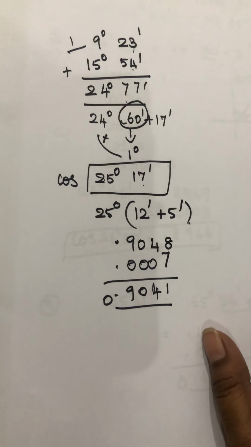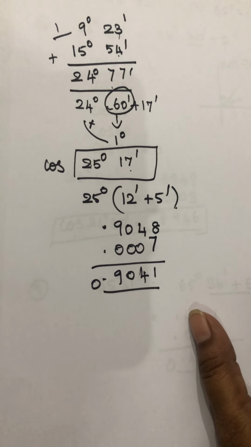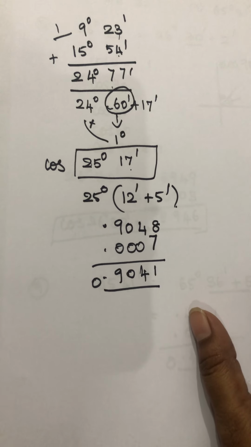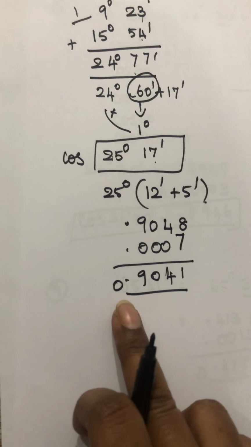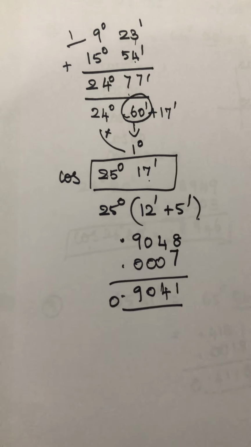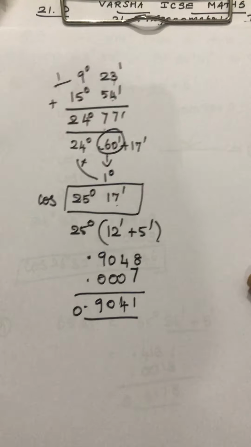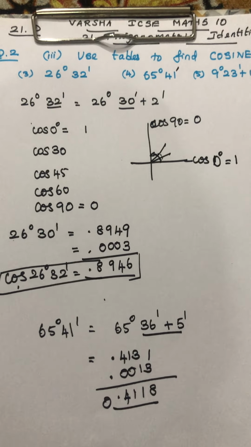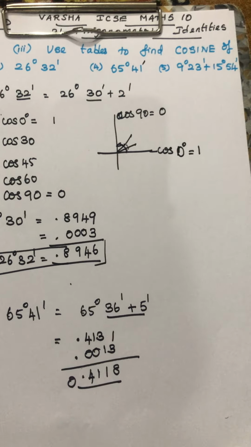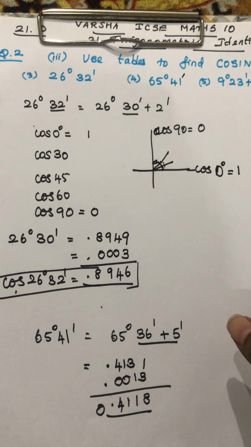What is the value of cos 30, kids? Cos 30 is root 3 by 2. It's 0.8 I think. Okay, 0.8 something. So cos 25 we get 0.9. So it is increasing. Okay, so do you understand? So we have done 3 sums. I hope you understand. So it's a lengthy video, so I have tried to make the problem simple to understand.